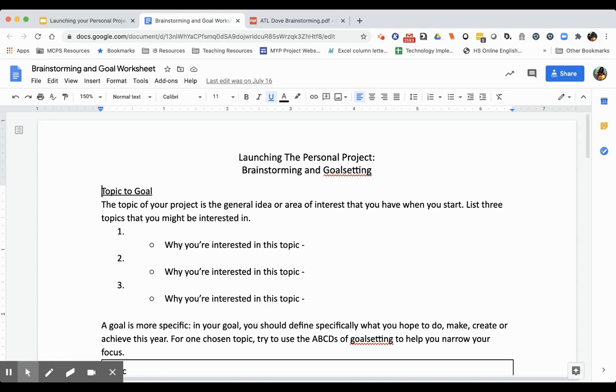In this document, which you'll find in your Canvas classroom for advisory, you'll be starting to narrow down your interests in order to focus on your goal. Start by listing out 3 topics that you're potentially interested in and explain why you have this interest. Remember, this project should be something you like to do. Then, in the 4 boxes, you will choose one topic to develop out into a more specific goal using the ABCD criteria. You should start this now, but you have some time before we begin proposals next week. So if you change your mind completely, that's okay.